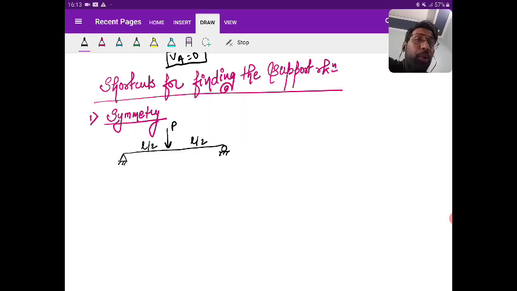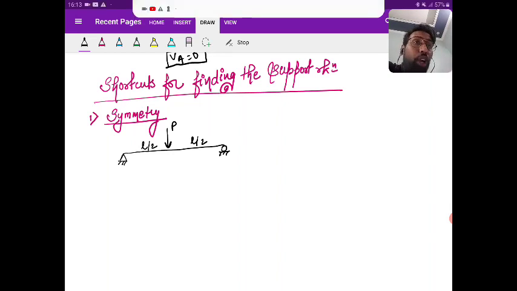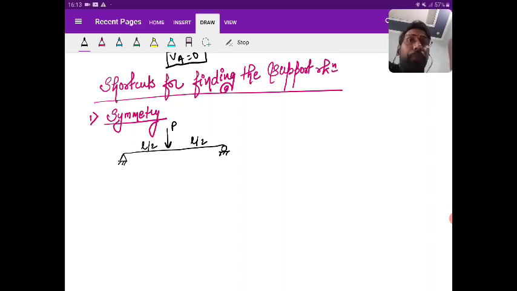L by 2, right? So if there is a vertical load, the vertical load will be balanced by the vertical load only. There will be no horizontal reaction. Yes or no? So the reaction that is going to occur will be vertical only. If I draw the symmetric line, the center line, you can see the mirror image. Yes or no? And if you see the mirror image, that is the symmetry. Getting the point? Don't look at the support.